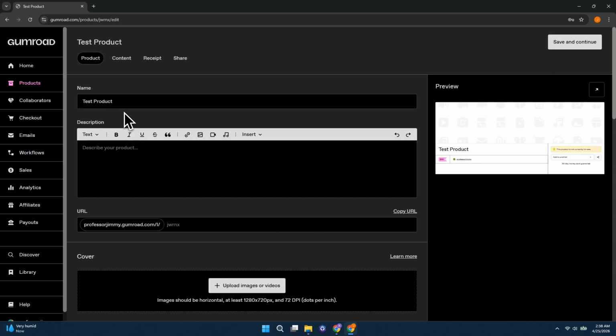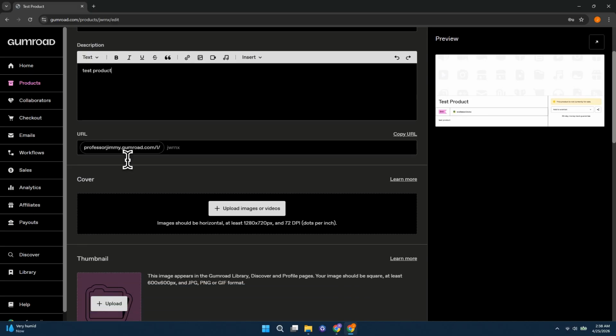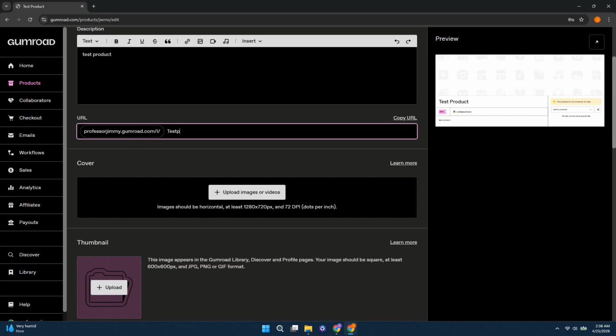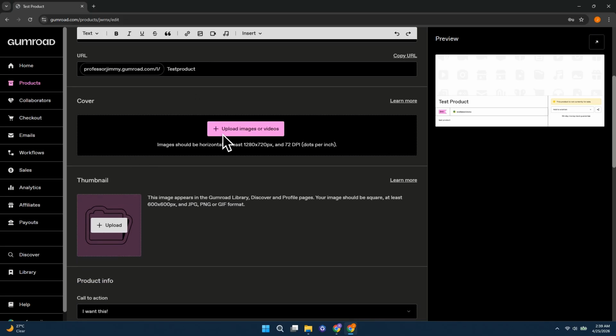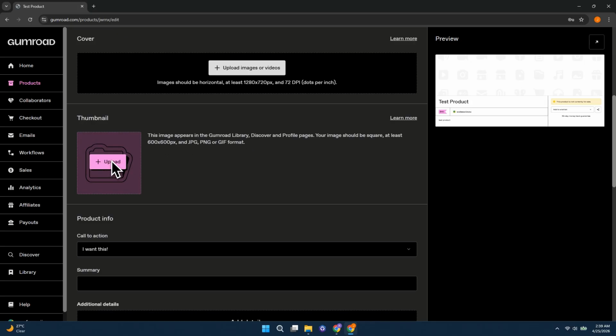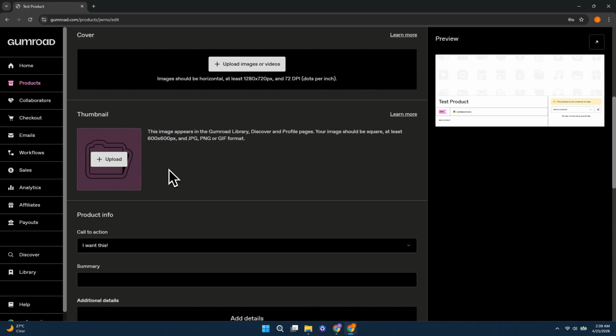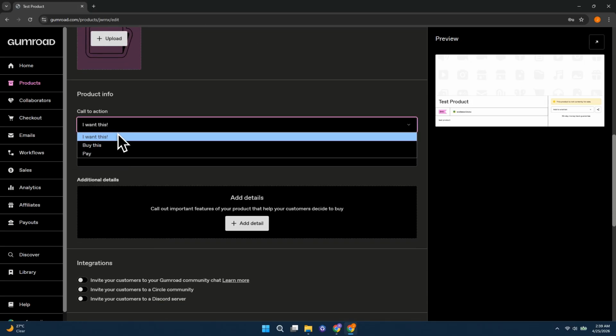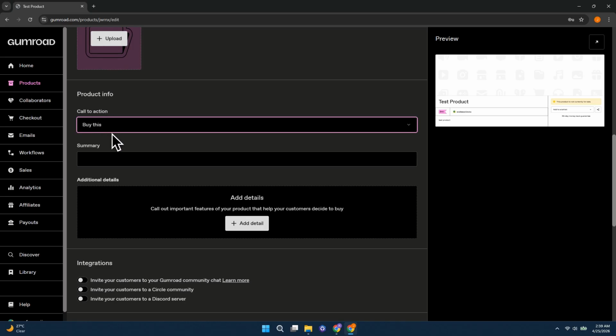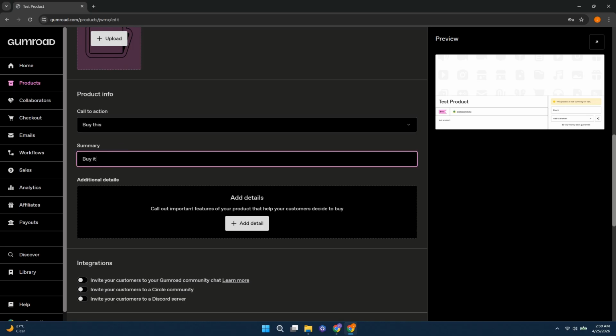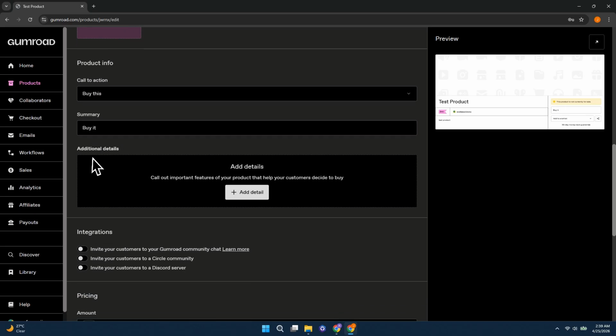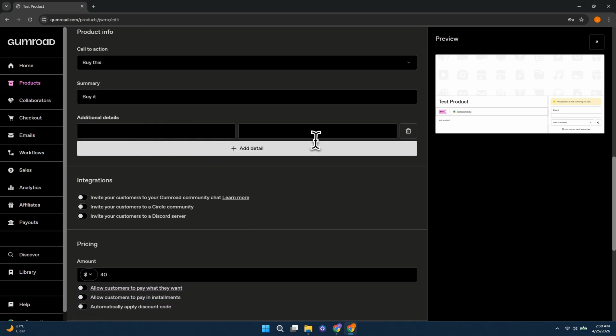Here, write a compelling product description explaining what the product is, who it's for, and the value it provides. Add a simple and memorable URL slug for your product page. Upload a cover image or video to make your product visually appealing, and you can also add a thumbnail for listings. In the product info section, choose a call to action like Buy This, and include a short summary highlighting the main benefit. You can also enhance your setup by adding extra details if you want, or otherwise you can